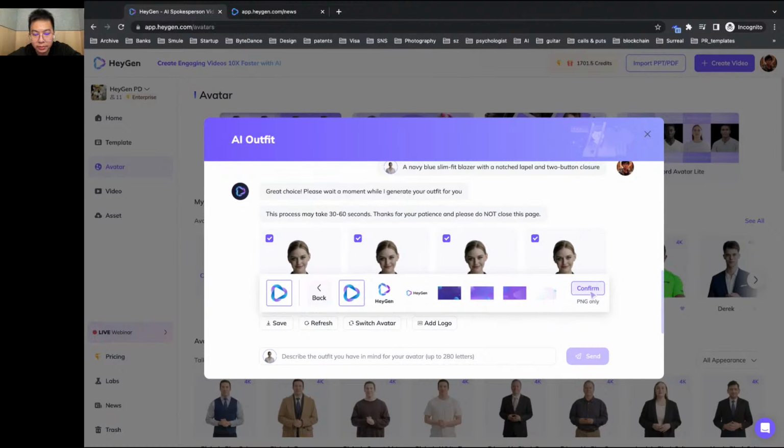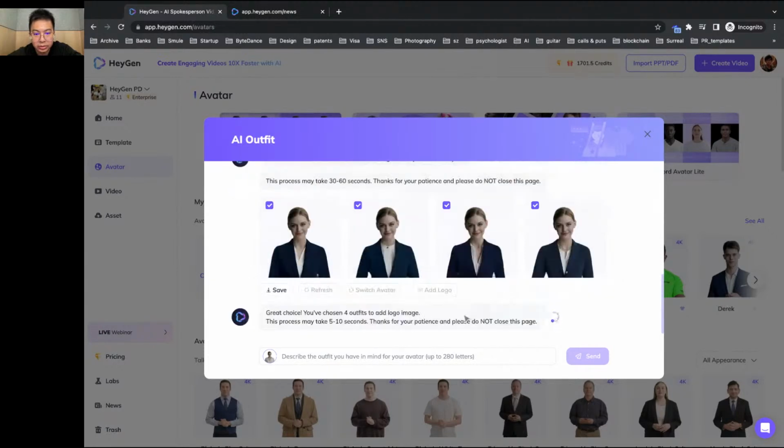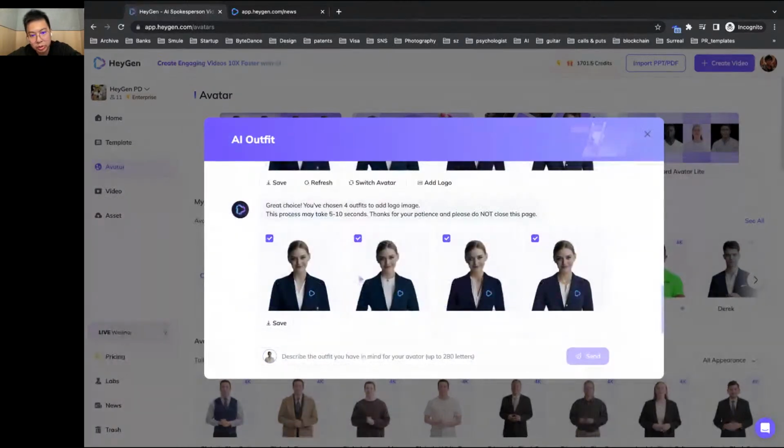logo to your avatar, and then it'll try to apply this logo onto the new outfit for your avatar. It'll be like that, right? Maybe I should use a lighter version of the logo. I haven't uploaded that, but in this case, say I like this one, I'll be able to say,